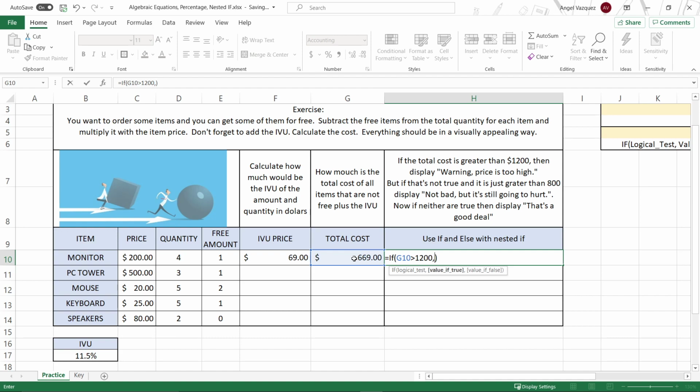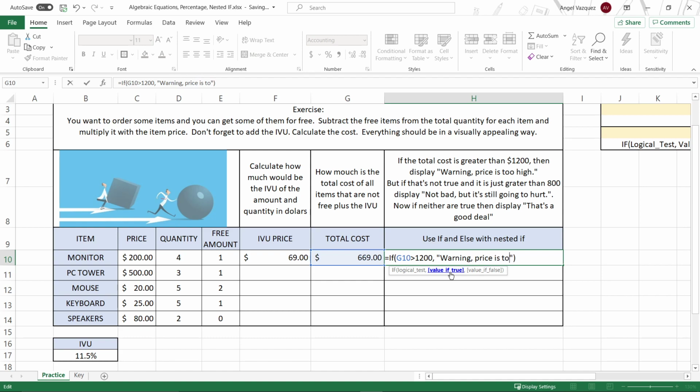then we put the comma, and you see how we moved on from the logical test. We already expressed the logical test. It's wondering if this is true or not. Right now, is it true? It is not true. So right here, then we have the value if it's true. Ta-dang. If it is true, we will display warning, price is too high. Warning, I ate a letter there. Warning,